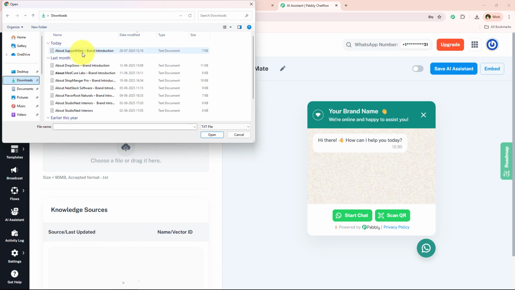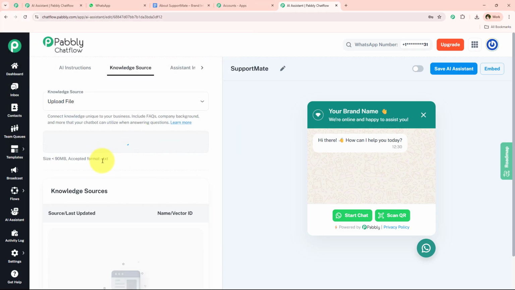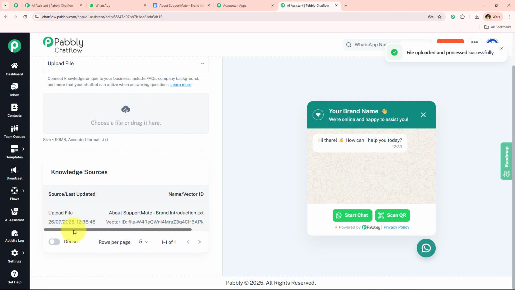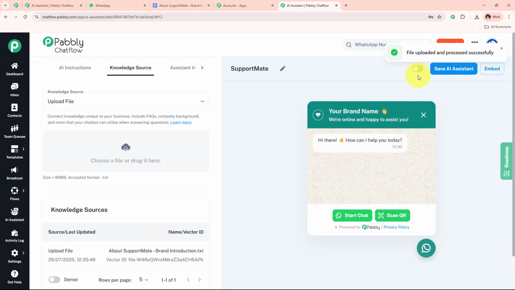I've already downloaded it, so I'm just going to simply upload it right over here. As you can see, I've simply uploaded it, and over here you're going to see the proof of the successful uploading. We're going to see the uploaded file, you can see the time and date, you can see the vector ID too. And with this, we have successfully uploaded our knowledge base, and now I'm just going to move on further towards